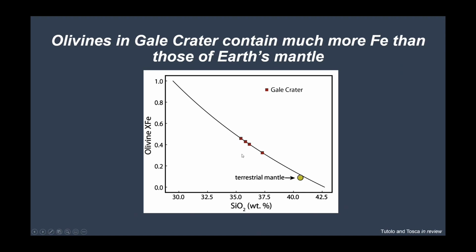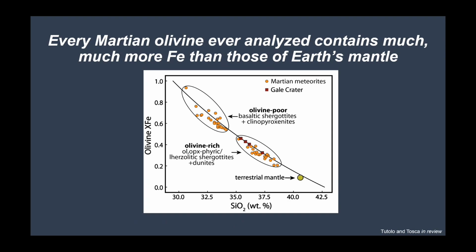So far, olivine has been discovered in 4 samples in Gale Crater, and each one of those is significantly more enriched in iron relative to the terrestrial mantle. We can also collect all of the electron microprobe analyses and wet chemistry analyses of olivines in the Martian meteorites. And you see, again, that all of those span this range that is much more iron rich